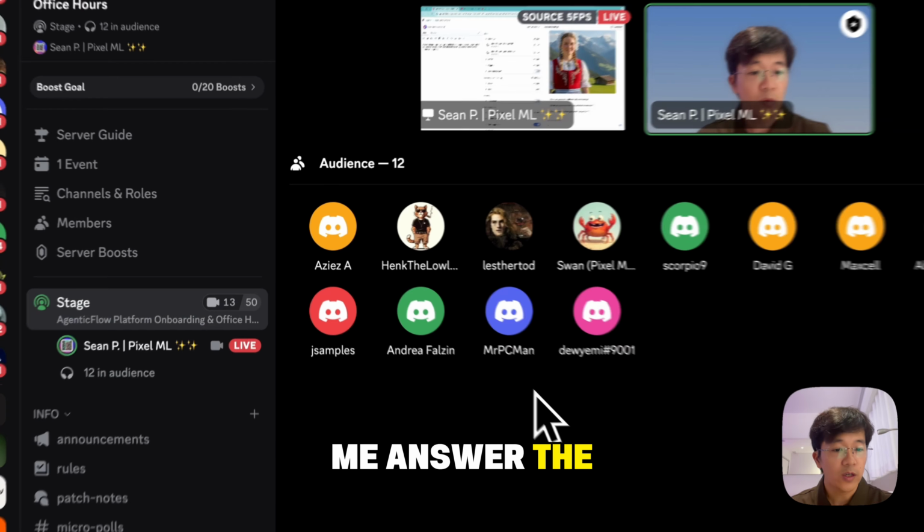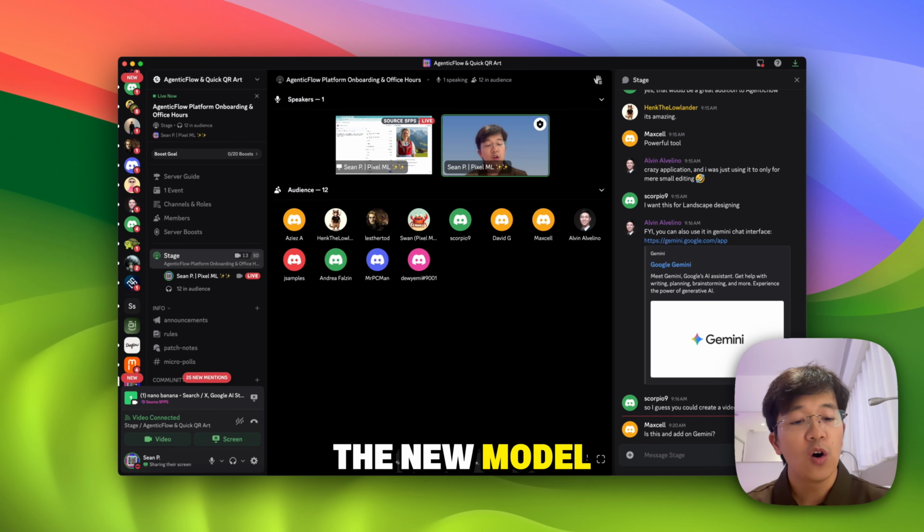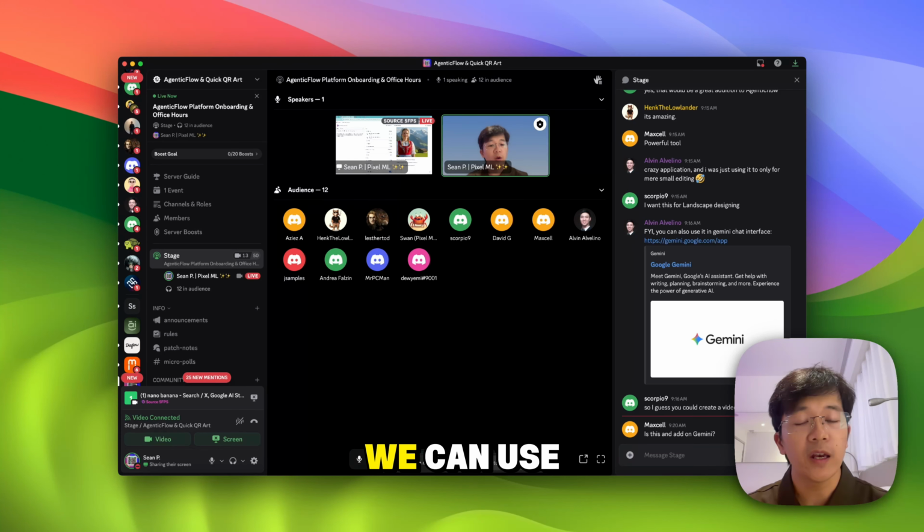Windows. Let me answer the question from Maxwell. I think it is a new model of Google, and it's going to be a feature of Gemini. But as a builder, we can use that model alone, pack it into our workflow, and also sell it to our users and customers. There is no limitation on that. But as a consumer, you can use that in Gemini, I believe, like the link that Arvin already created.